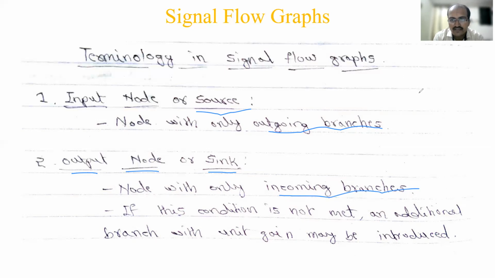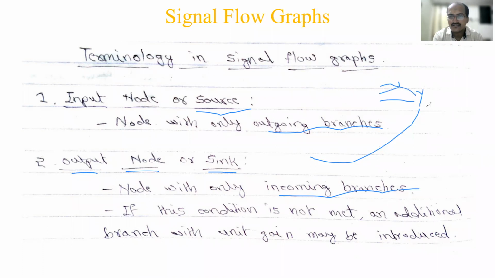For example, in some cases, the output Y will show like this. The previous example is also an example, where there is a feedback we are taking from Y. So in that case, this terminology will not hold good. We said a node with only incoming branches, right? So it may be going outgoing here, and an incoming branch is here, and a parallel branch may also come. Like that it may come.